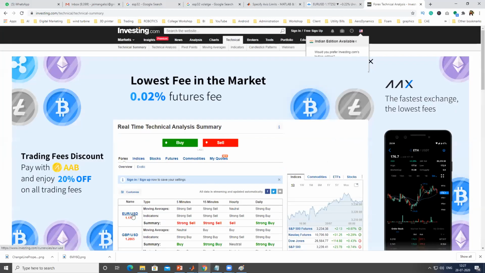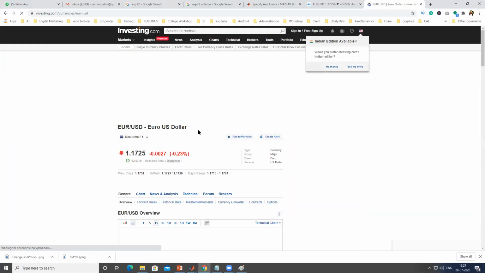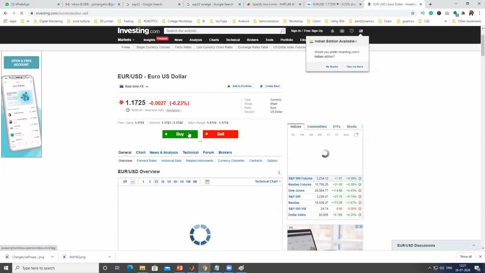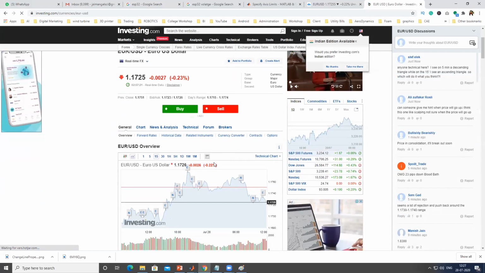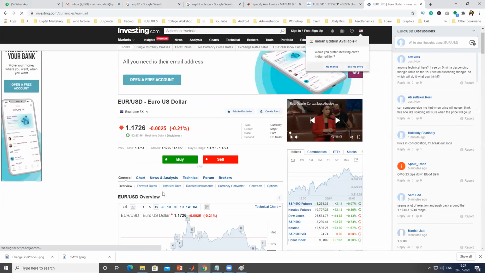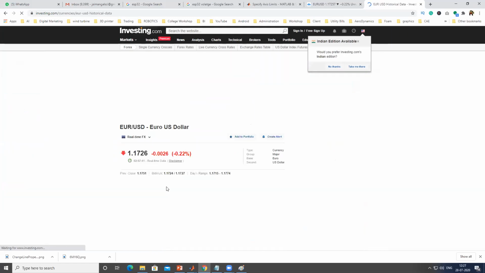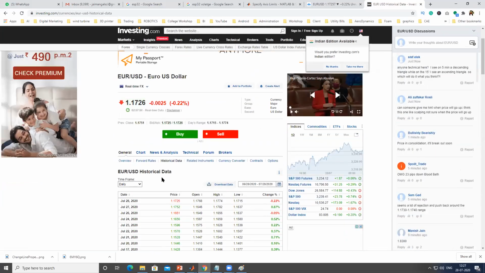Here, if I'm interested in Euro versus USD, because right now there is a crisis in the dollar, I can import the data in Excel format using the historical data feature. With this link, you can download the data in Excel format.